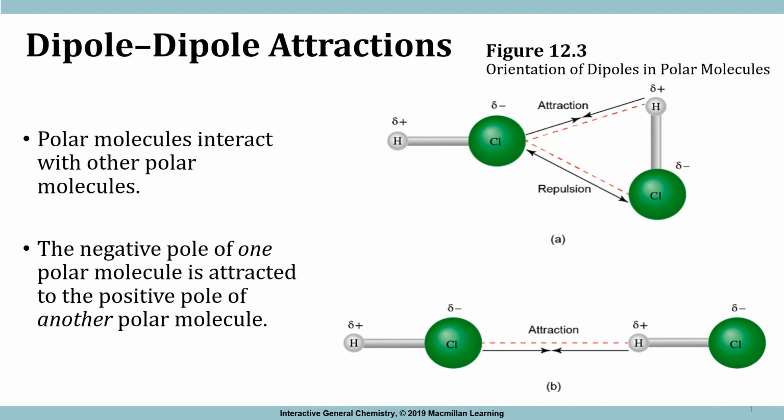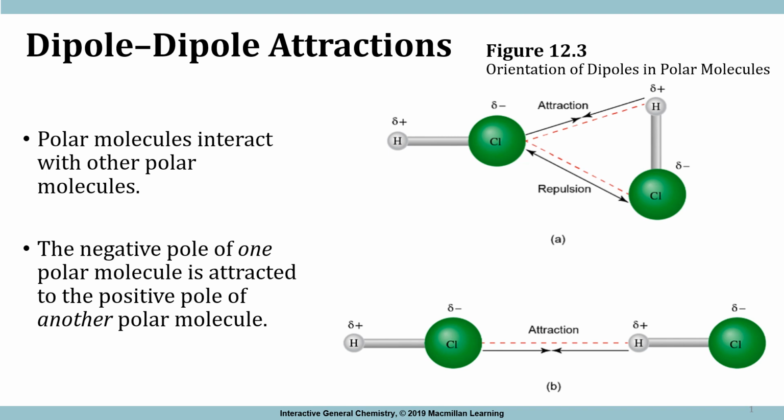The second type of intermolecular force is a dipole-dipole attraction. That is when we have two polar molecules interacting with each other. So whenever you ask the question of whether there is a dipole-dipole attraction, you're just looking for two polar molecules. When you have two polar molecules, there's going to be a negative pole and a positive pole. So that negative pole of one polar molecule is going to be attracted to the positive pole of another polar